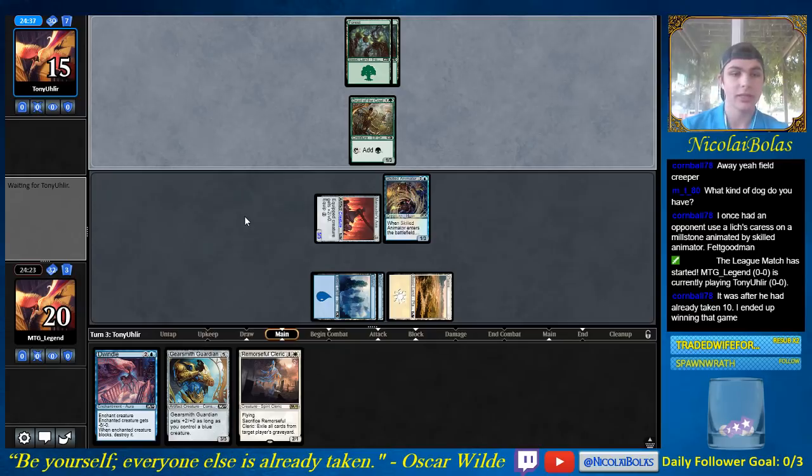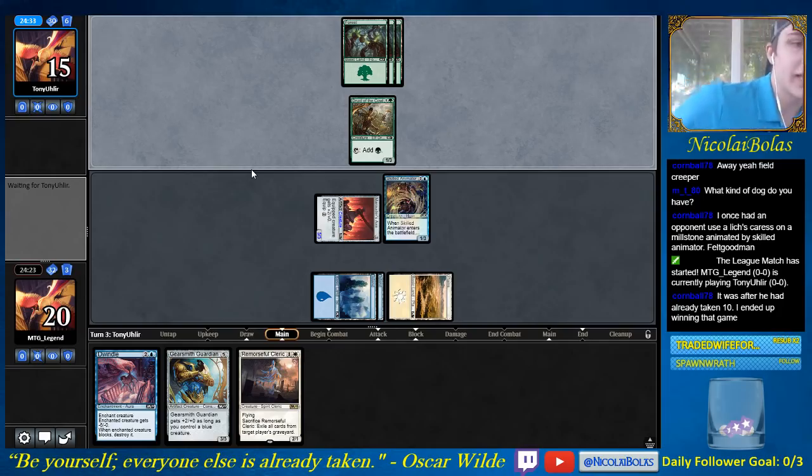I love skilled animator. Whenever you play skilled animator on turn 3 after having an artifact in play, it's like you've got to be like 80% to win that game. It's not all that easy to kill skilled animator. Some decks have aura-based removal and they just can't kill it. So they have to kill your 5/5 and